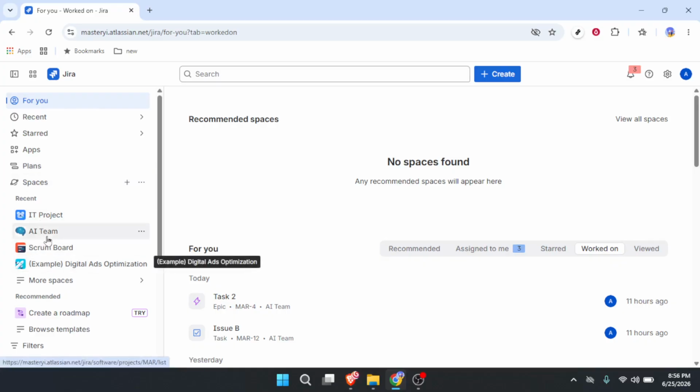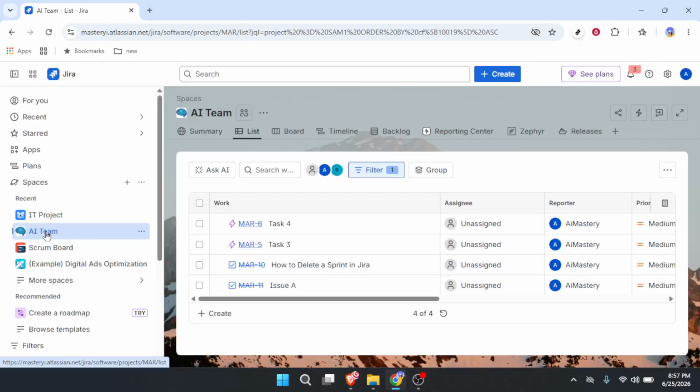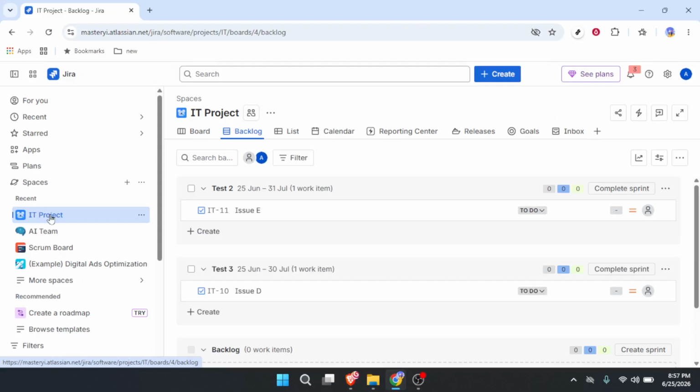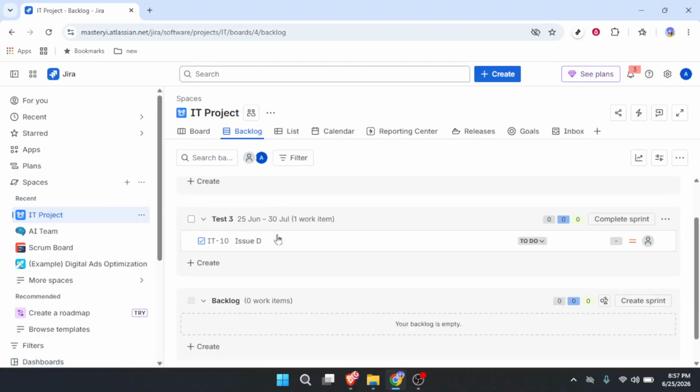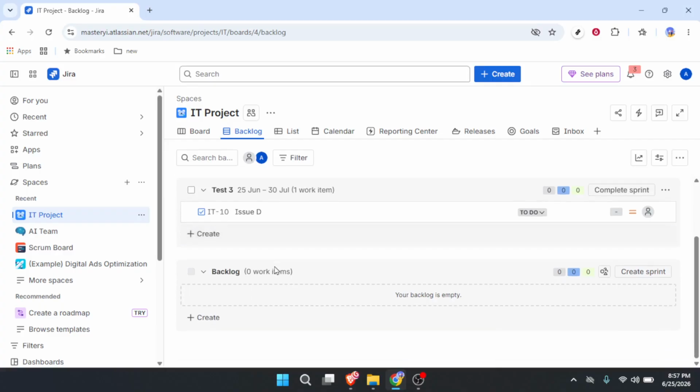Next, open your Jira project from the left side panel. Look at that vertical menu on the left side of your screen. You'll see a list of your recent projects, or you can click on Projects to browse. Go ahead and click on the project that currently holds the issue you need to move. This opens up the project view, and you'll see the backlog or the active board, depending on how your team